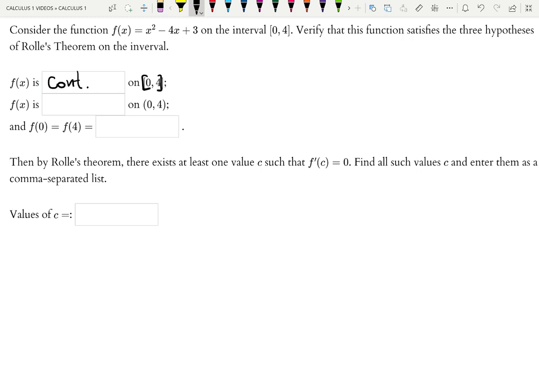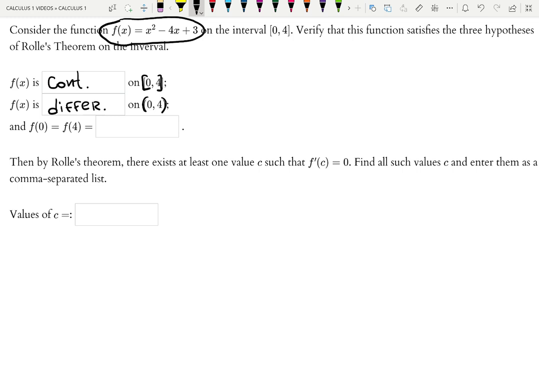the endpoints. The given function is a polynomial, and polynomials are continuous everywhere, and differentiable everywhere as well. So this parabola is continuous on [0, 4], including endpoints. We also need to check that it is differentiable everywhere. Differentiable means it has a derivative everywhere. And it is true. The derivative is 2x minus 4, and the function is indeed differentiable on (0, 4), not